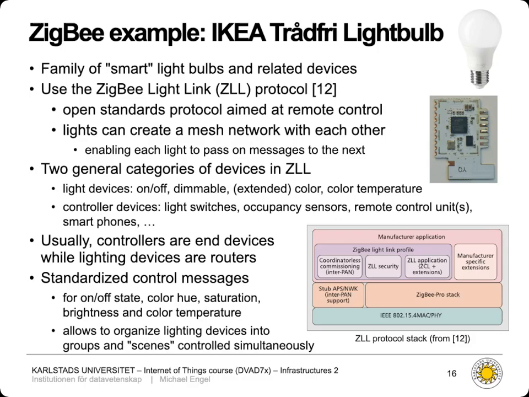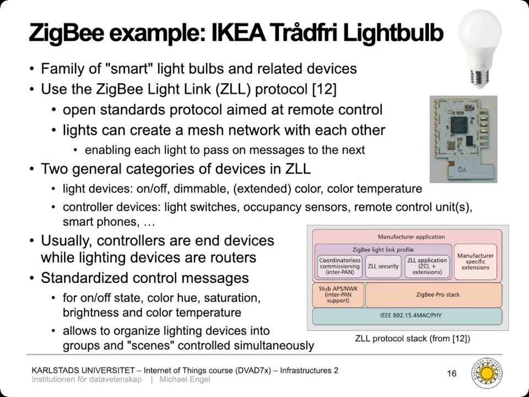So, the Zigbee Light Link is an open standards protocol that's aimed at remote control of everything that has to do with light. And these lights can also create a mesh network with each other, so without requirement for a central device. This means you can have a larger range. You can enable one light bulb to pass on messages to the next one and finally to a router